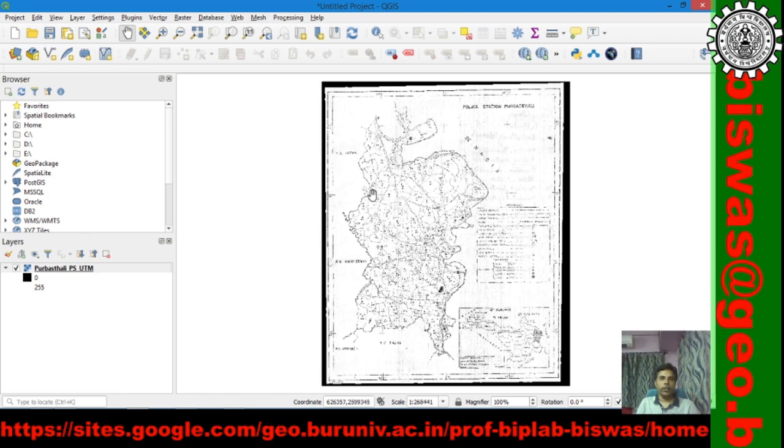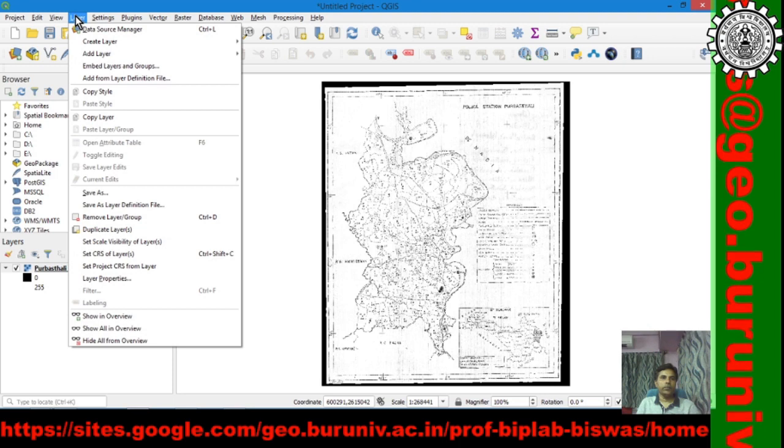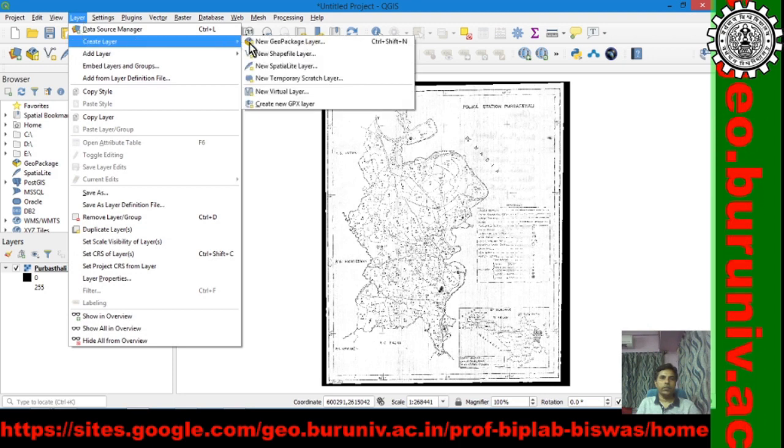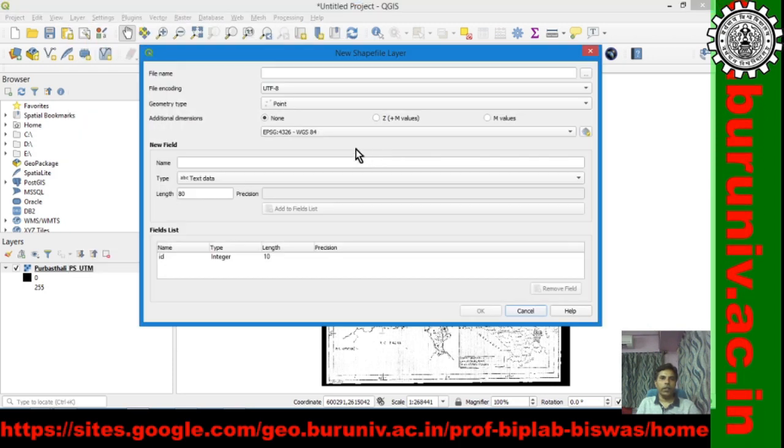For creation of vector layers, Layer, Create Layer, New Shapefile.